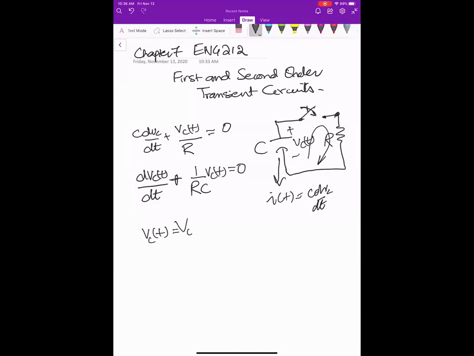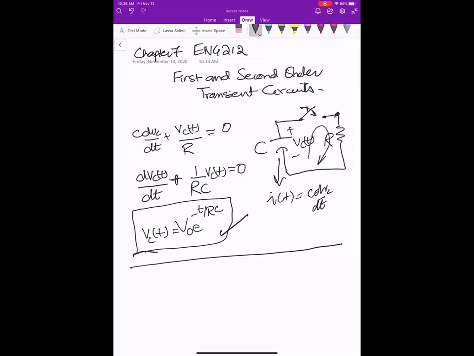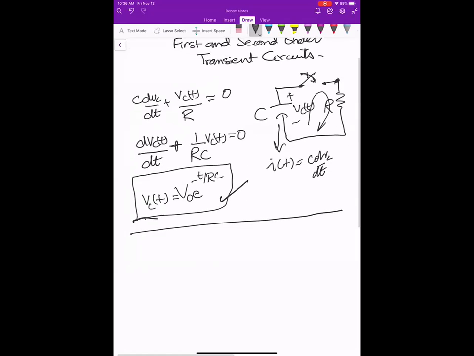Now, if we try to solve this equation, this will be the solution. But till now, we learned that this will be the solution, and we don't know how it comes. So in this chapter, we will try to figure out how this equation comes, and all the transient equations that we have learned. So what I'm trying to do here is